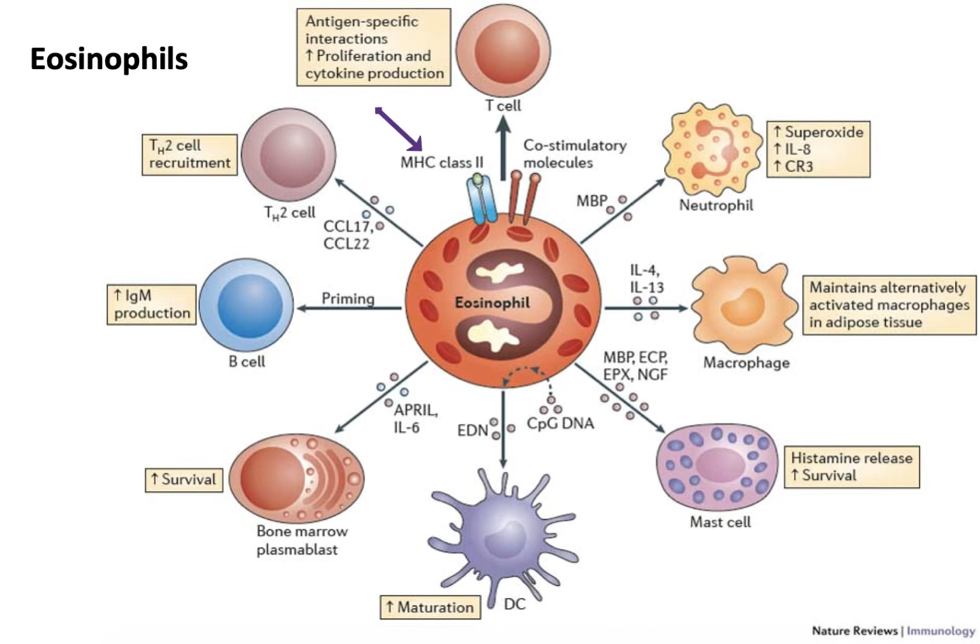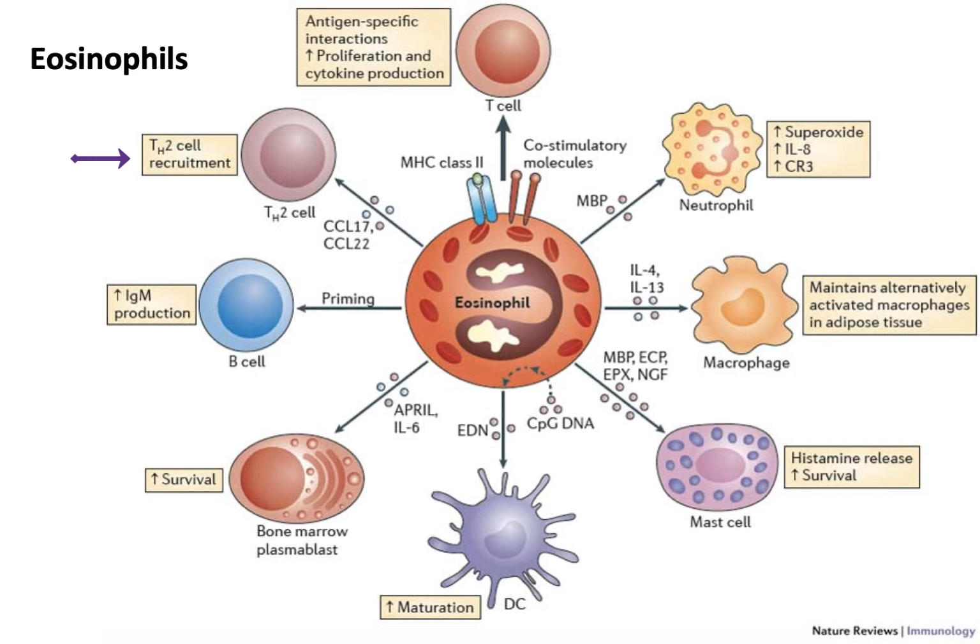So these are the receptors. They have a MHC class 2 that presents the antigen and couples with T cells and other types of cells. Here's where it couples with a T cell, and it causes proliferation of these T cells and cytokine production. Another reaction over here is recruitment of Th2 cells, which will start to signal other cells to destroy any of the